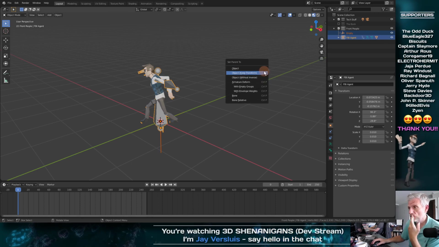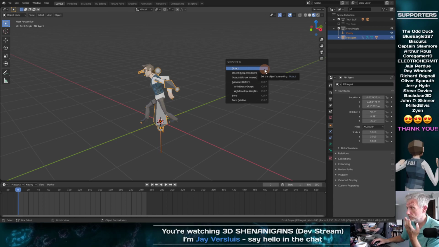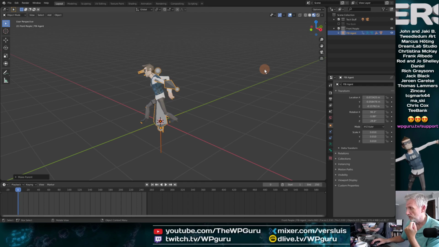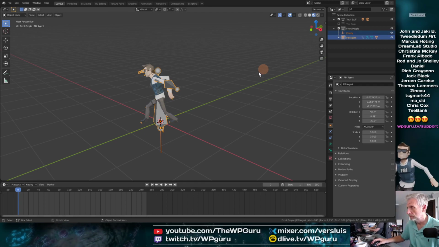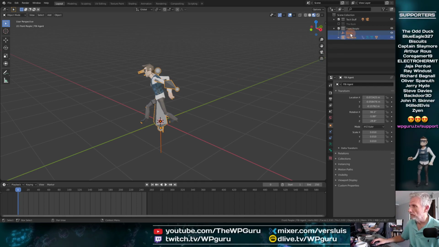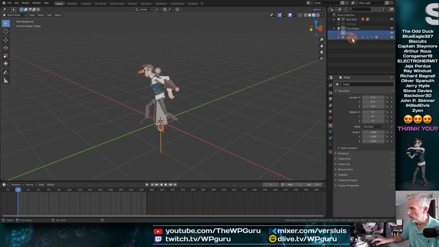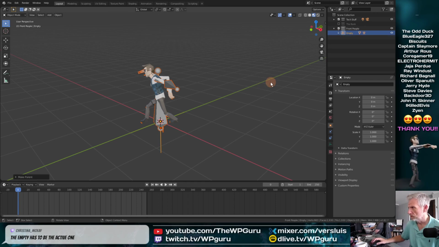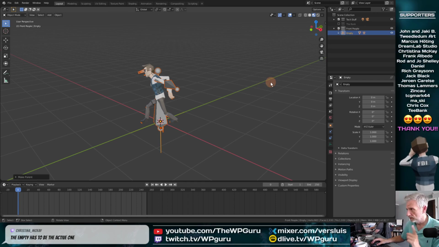Let's just try the first one, shall we? Yeah, the empty is now parented to the FBI agent. Kind of the opposite of what I wanted. So let's try it again. Empty first, then the FBI agent, then hit Control P, then see what happens. The FBI agent is in the empty now.